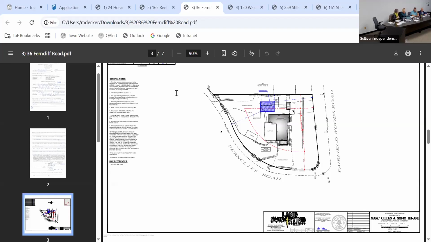We're happy to have accessory dwelling units. It's a crazy lot. Big uphill, topography everywhere, corner lots. Peninsular, as he put it. I wouldn't want to have to go up there in the winter. But it's a beautiful property. Is there any other discussion on 36 Ferncliff? Anything from anybody? Okay, we're going to go to a vote.